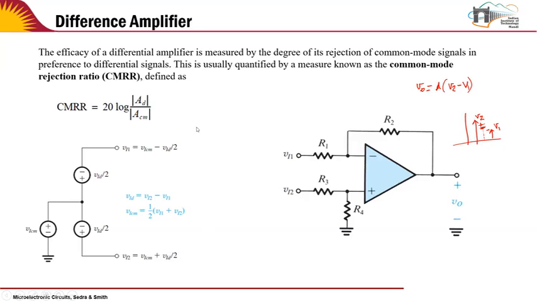And the common mode rejection ratio then is given by the metric which is here, 20 log AD by ACM. Okay, so this is the differential mode gain and the common mode gain. That means the output can be written as,